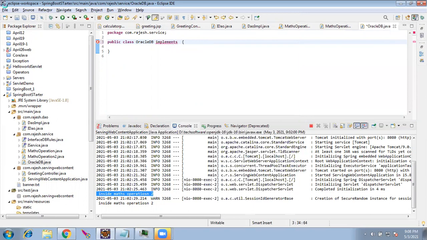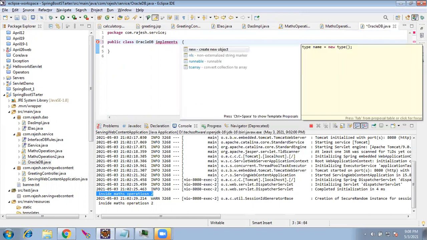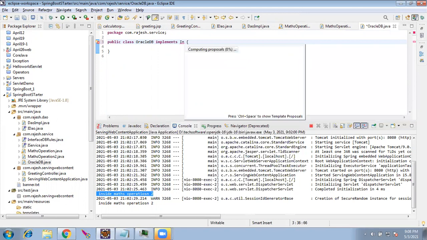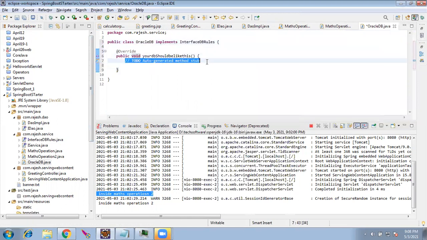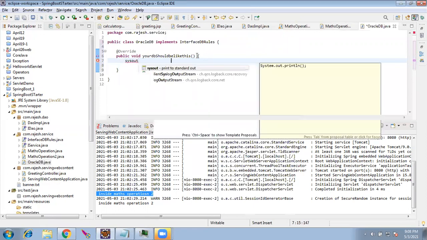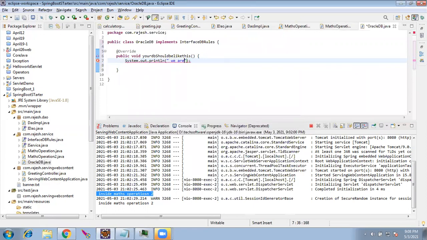For using their DB with Java, these are the rules we have to follow. So Oracle is implementing that interface and they are writing the logic here: we are Oracle. So they have done this.